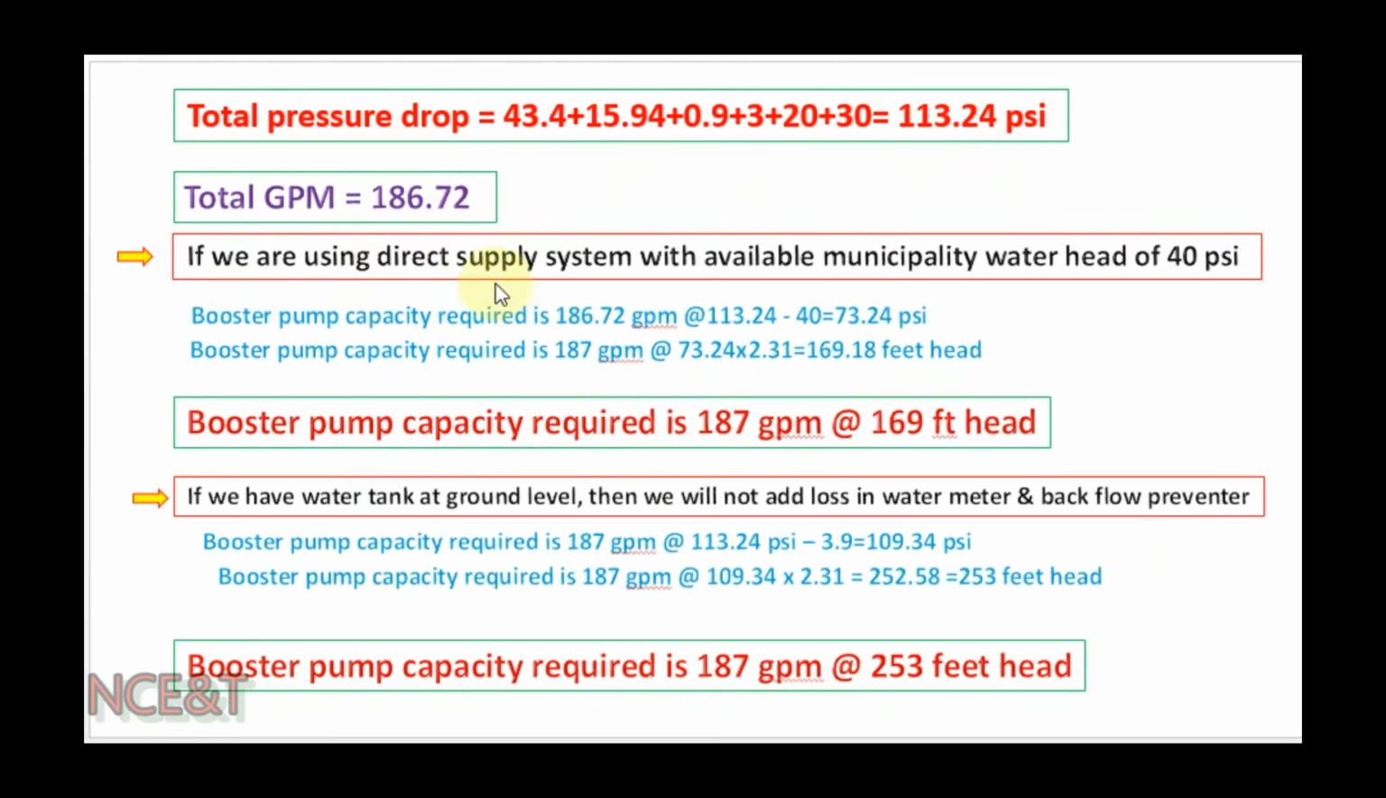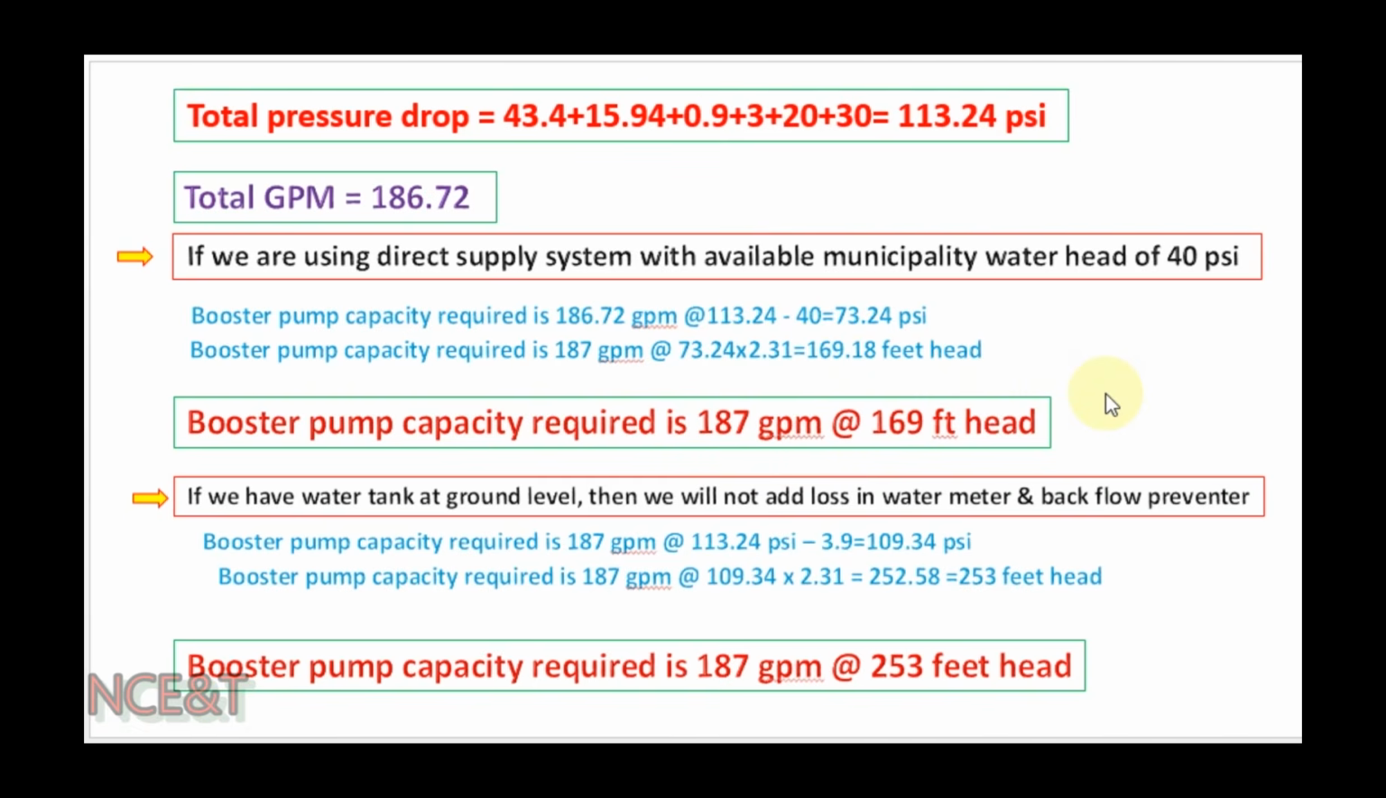If we are using a direct supply system with an available municipality water head of 40 psi, then we need to subtract this 40 psi from the total loss: 113.24 minus 40, which is equal to 73.24 psi. If we need to convert this value into water head, we multiply it by 2.31. So 73.24 times 2.31 will be equal to 169.18 feet of water head. So we need to select a booster pump with a capacity of 187 GPM, having a water head of 169